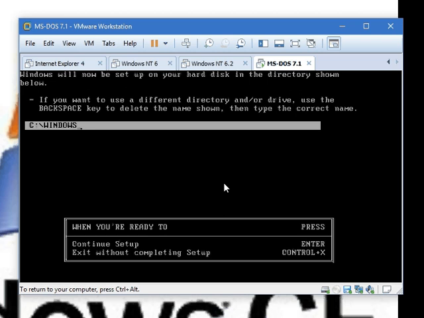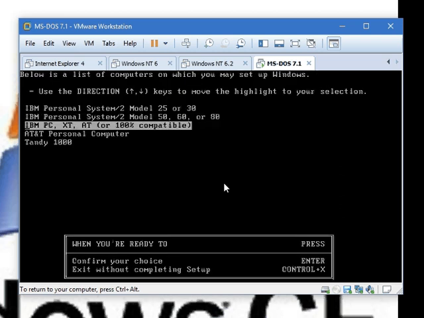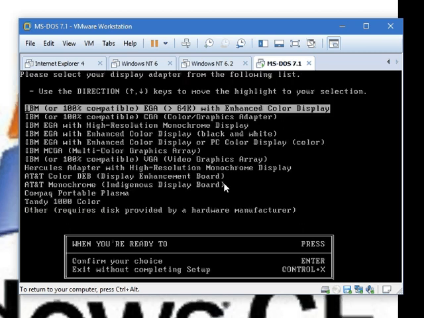Yeah. Install it to whatever directory you want. I'm going to keep it the same. Do IBM PC, XT, AT are 100% compatible. Okay, so now you want to do